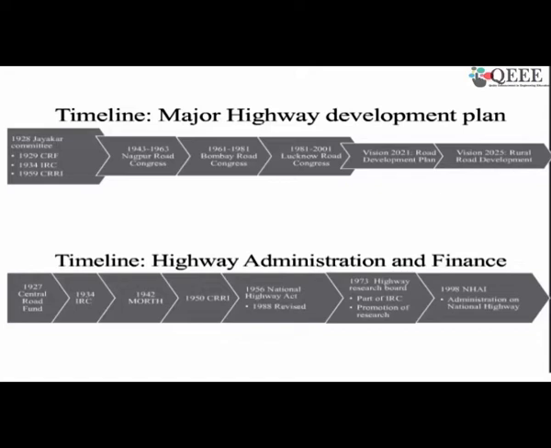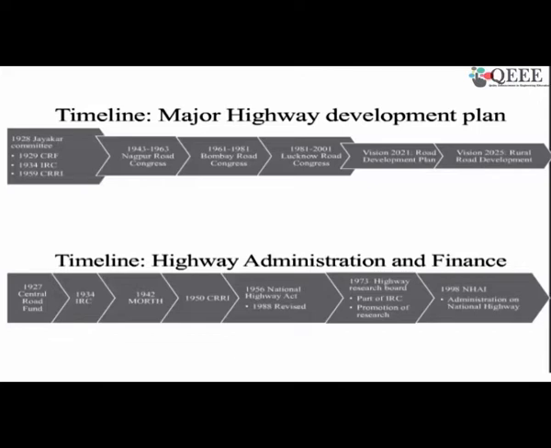Again, there were certain earmarks or improvement strategies being considered, and certain targets were set, and based on that roadway improvement, new road construction happened. We'll be discussing this again. Once it ended in 1981, the next 20-year plan was the Lucknow Road Congress, and this is for 1981 to 2001. With that came the new era,